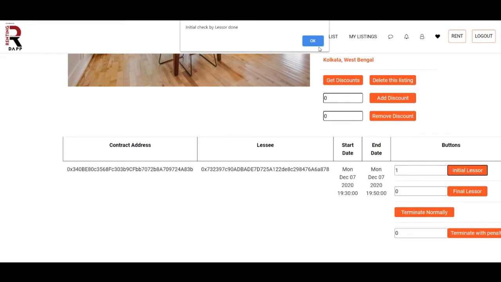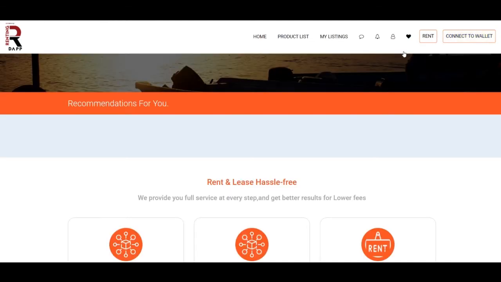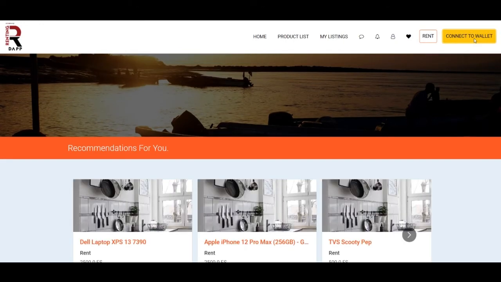Okay. So initial check by lessor is done, which means that if I am the asset owner, I have just checked the item, the condition of the item, and it's fine. So now again, I'll have to actually go back and log in from the buyer's account.